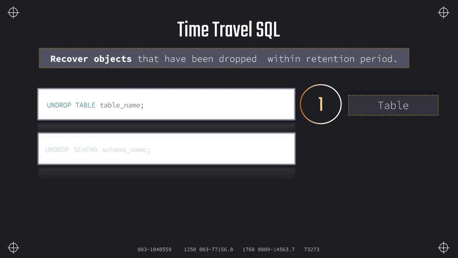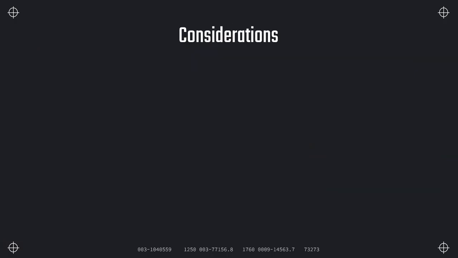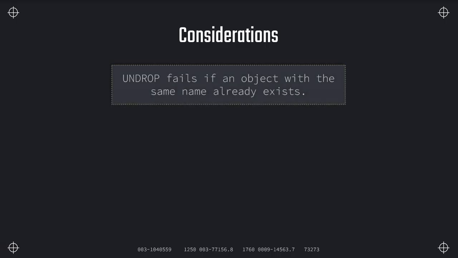And we can not only do this for tables, but even for entire schemas and also for entire databases. This is very helpful if we by accident have dropped an object that we didn't want to drop. Like this, we can just recover these objects. Before we go now to the retention period and the hands-on demonstration, let's quickly also look at a few practical